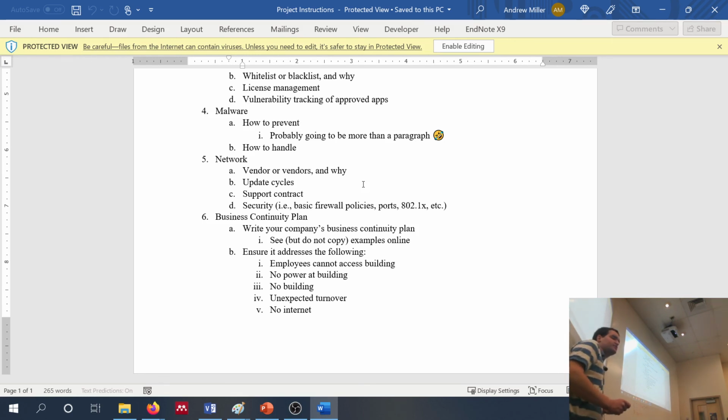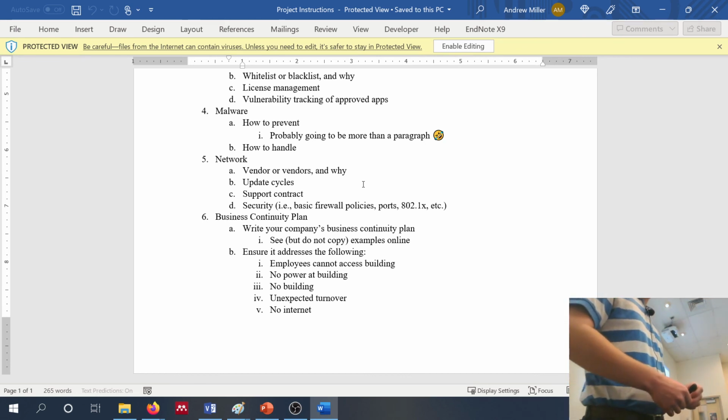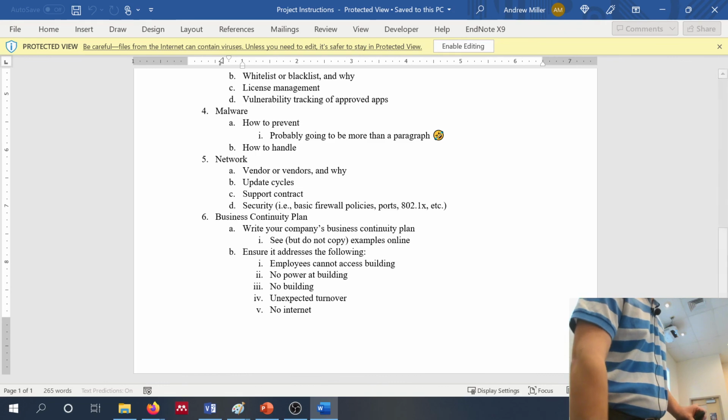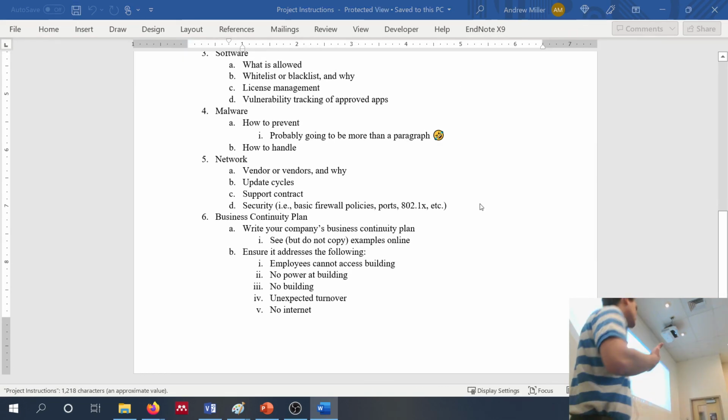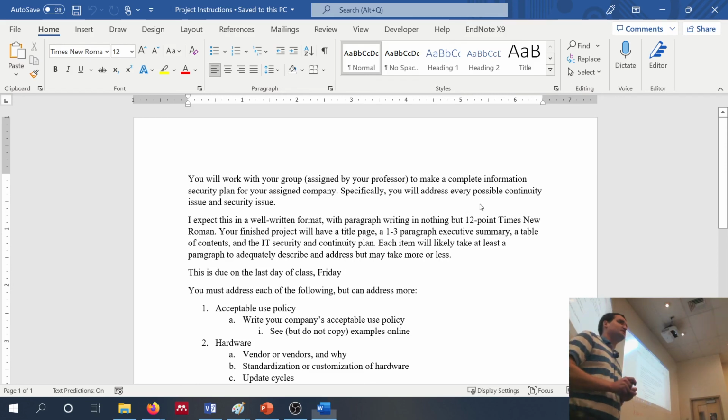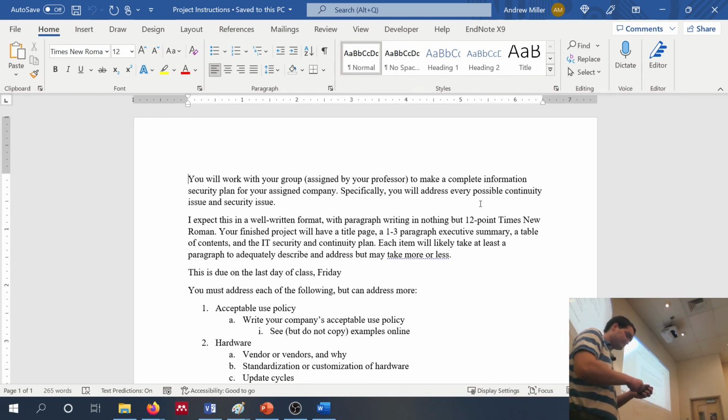All right, go ahead and get with your groups. I'll stick around. If you have any questions, have a good one. So again, my suggestion to you all is that you go through and you sort of divvy up the different tasks, but you can do whatever you want. If one person wants to do the whole thing, hey, whatever.